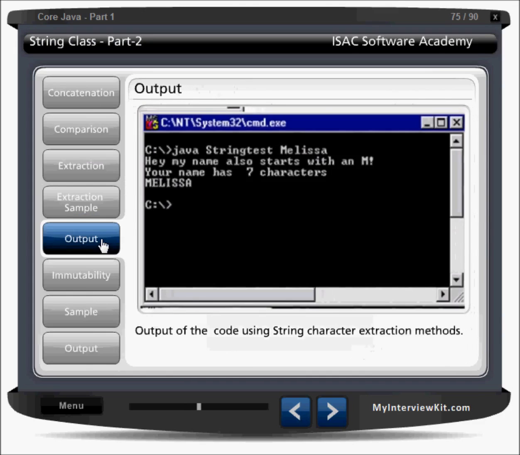So look at this example. When we are running this code, we are passing a value. Say you are running java StringTest. You are passing one value. What value? You are passing Militia, right? So this will come to where? It will come to the command line argument, and you can look for the value here.